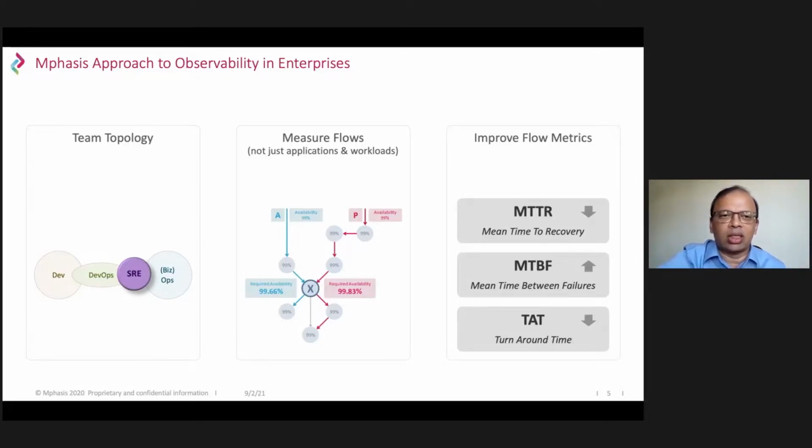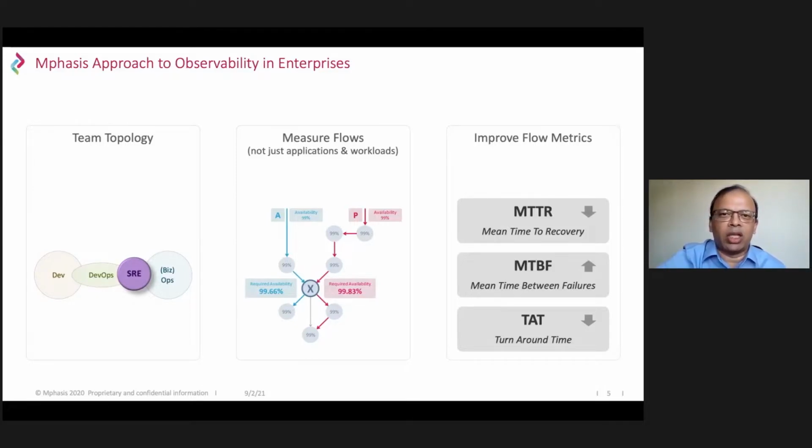So number one thing is that for this conversation, we will focus on the team that we call the ASRE team. They may have different names for that: production management team, production support team, system engineering team, whatever. But their focus is really to make sure that production environments are up and running and healthy, and the transaction flow is consistently going through.